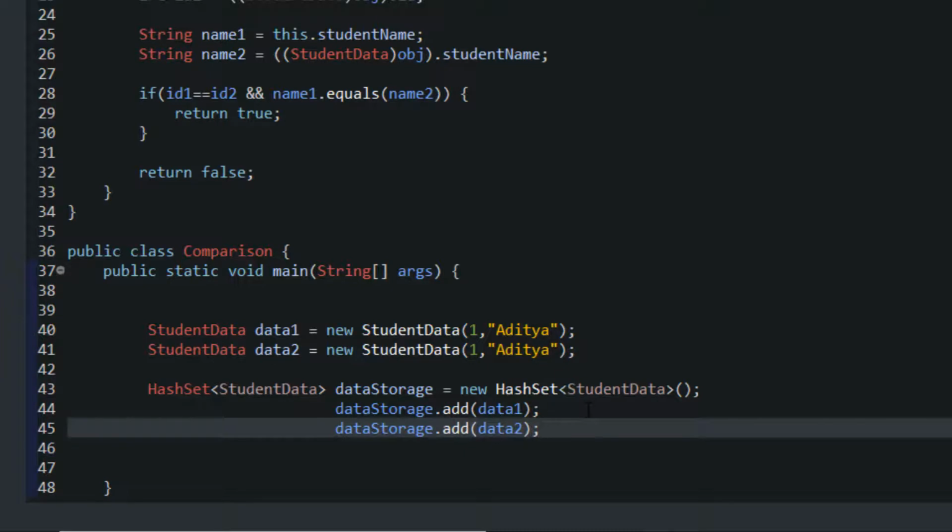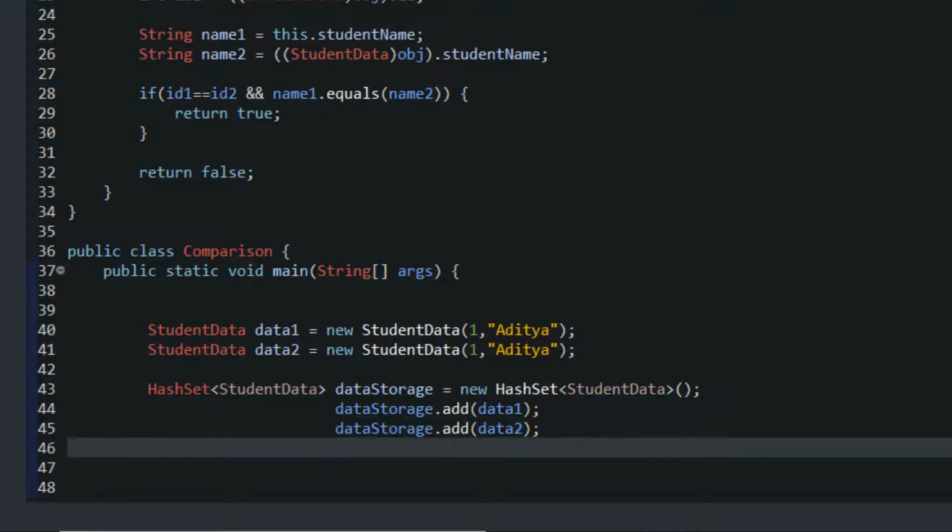Now what is happening here? Here I have stored data1 and data2 inside the data storage, which is the reference of the HashSet, and we already know that a HashSet does not accept repeated data, correct? So let's iterate the data and see whether it stored one data or two.